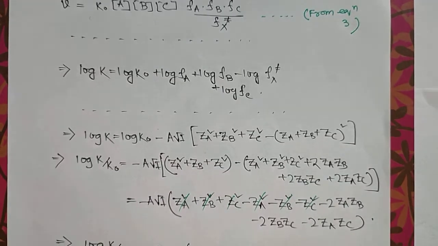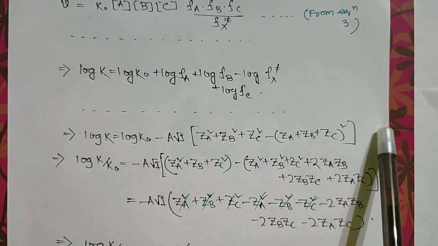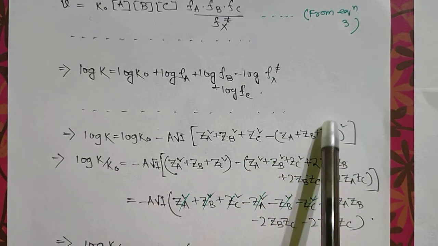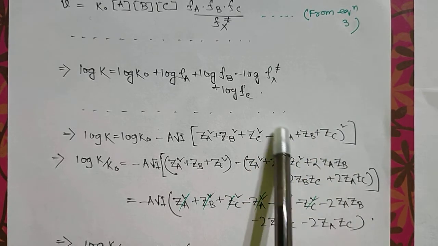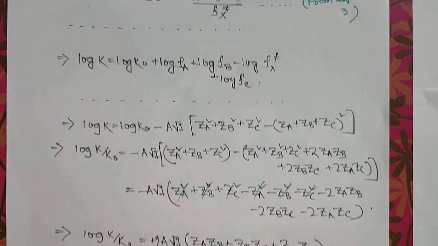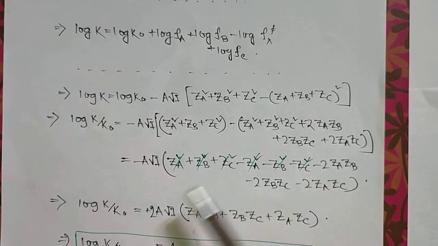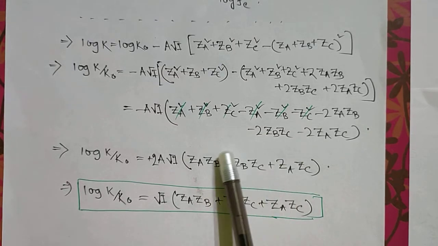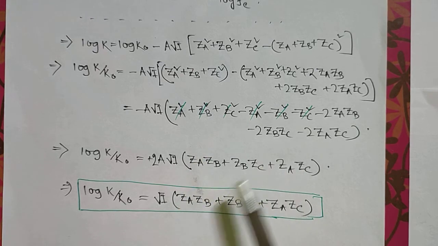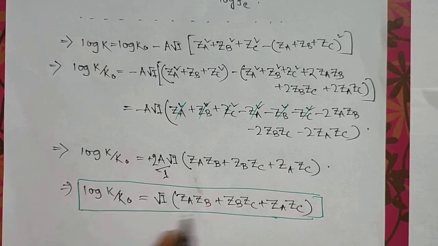Earlier, for two species, what came was ZA square plus ZB square minus ZA plus ZB whole square, but in this case ZA square plus ZB square plus ZC square minus ZA plus ZB plus ZC whole square. So this will be like A plus B plus C whole square. Just expanding this equation, writing the formula for this one and cancelling, all the square terms will be cancelled, and there will remain ZAZB, ZBZC, ZAZC terms. This term will be there, and obviously this 2 will be 1. So this is the final equation.